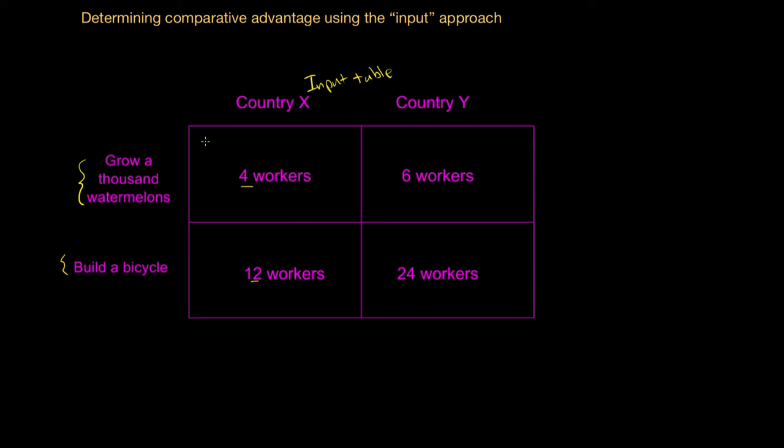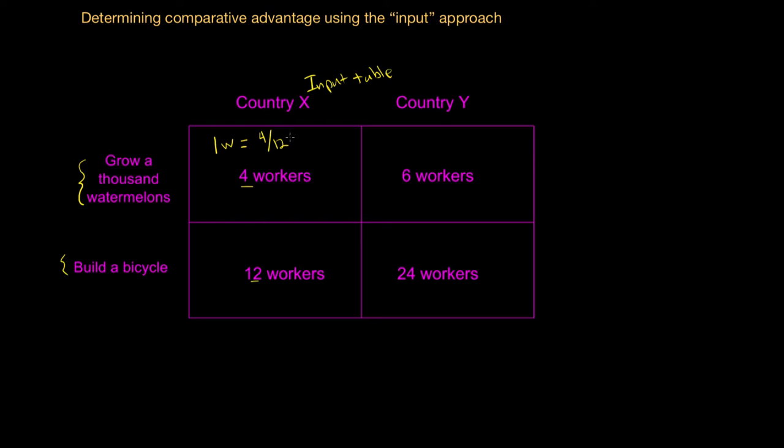So let's demonstrate how to calculate opportunity costs using the input method. We see that country X can produce 1,000 watermelons using 4 workers, or it can build a single bicycle using 12 workers. The question is, if country X chose to grow 1,000 watermelons, how many bicycles would it be giving up? To answer that question, we can do a little bit of simple math. So for each 1,000 watermelons, we'll just call that 1W because that's what we're looking at here. Country X would be giving up, how many bicycles could it have built with the 4 workers it took to make 1,000 watermelons? Well, it's giving up